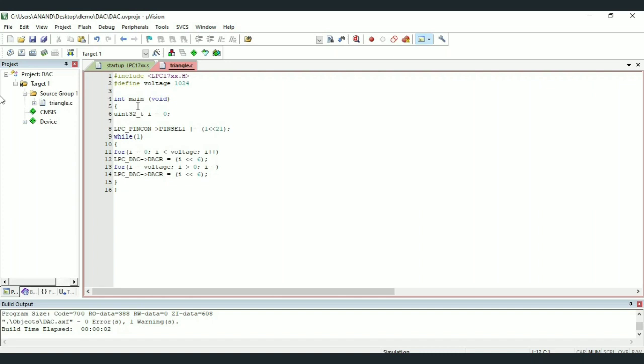Okay. Then we have main function, inside which we have defined a variable I of type unsigned integer, which is initialized to the value 0. Right? So next we are configuring IO pins of inbuilt DAC by using the instruction LPC_PINCON.